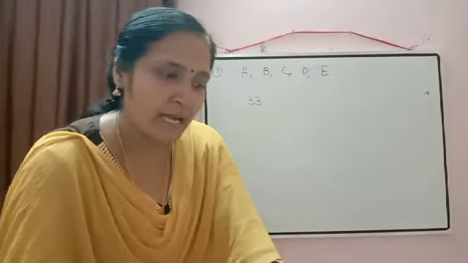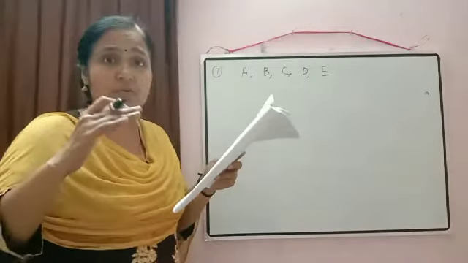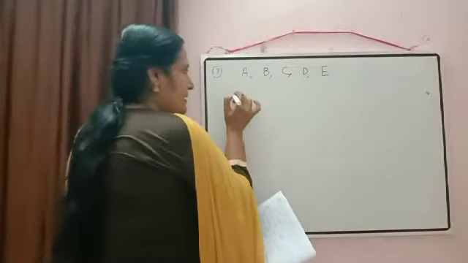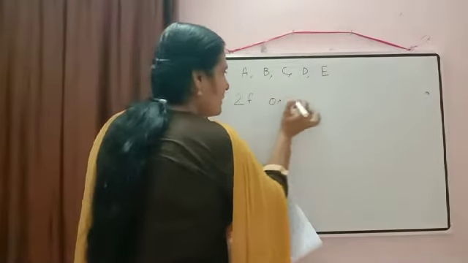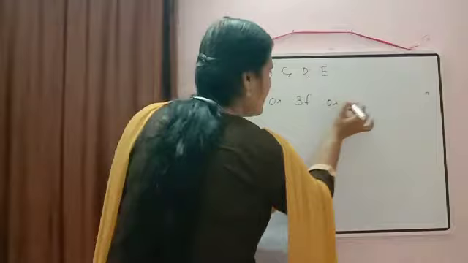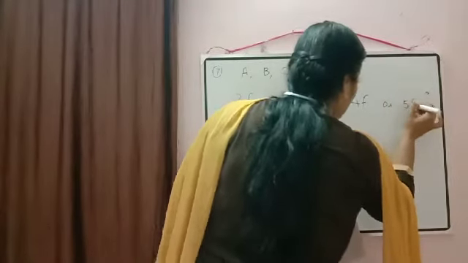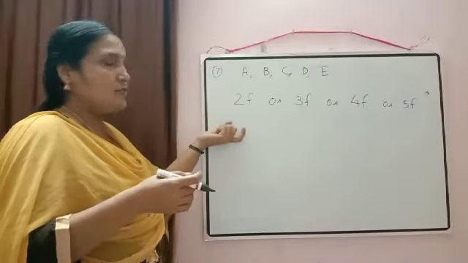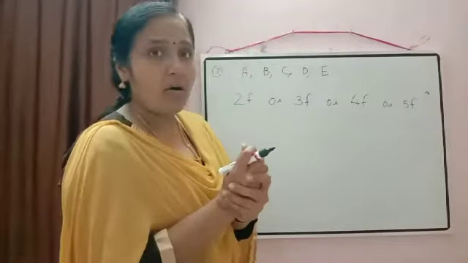So here also it is written at least 2 flags we need. At least 2 means either 2 or more than 2 can be possible. So possibilities will be equal to either we can use 2 flags, or we can use 3 flags, or we can use 4 flags. How many flags are available with us? 5 flags. So we can use till 5 flags. Correct? So these are the total possibilities we have. Either we can use 2 flags, or 3, or 4, or 5 flags. All we can use.